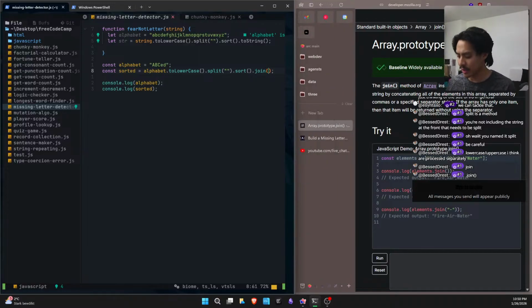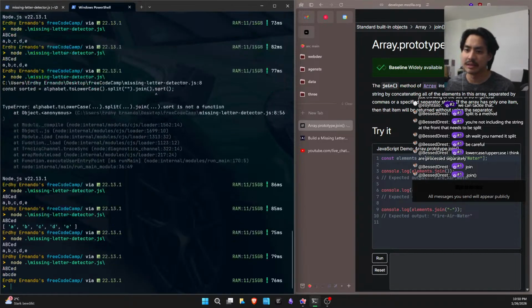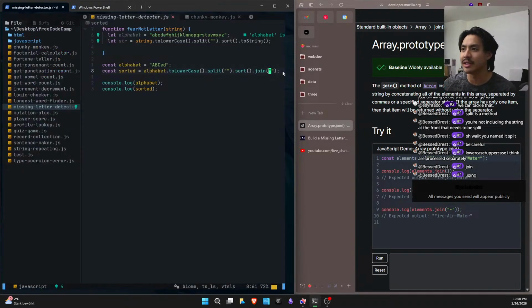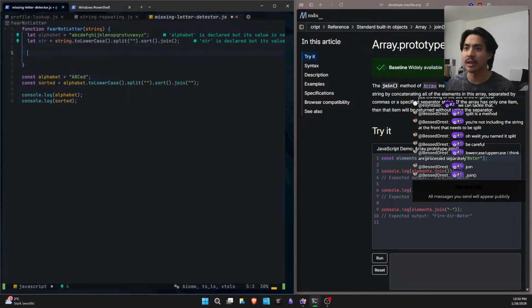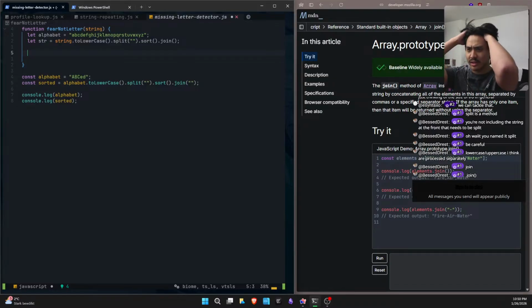There we go. Nice, okay. That works. Thank you. Let string toLowerCase split dot sort. It's not toString, it's just join. It should work. Okay, we already have both supposed to be the same. Now how can we figure out